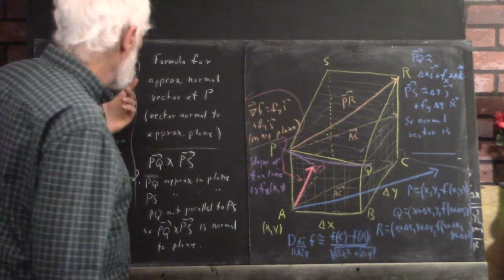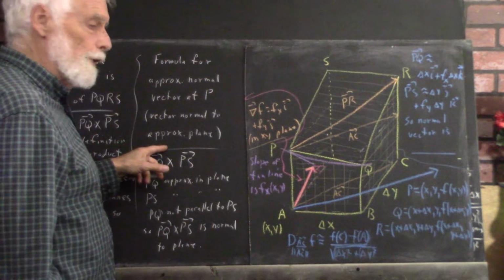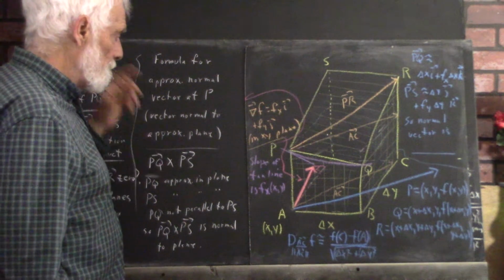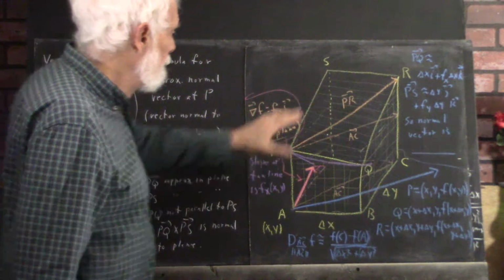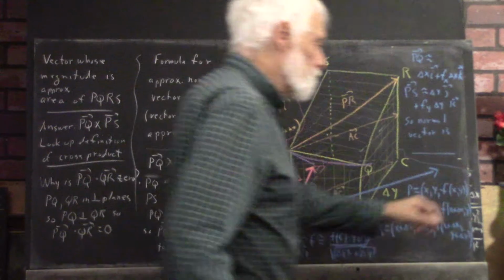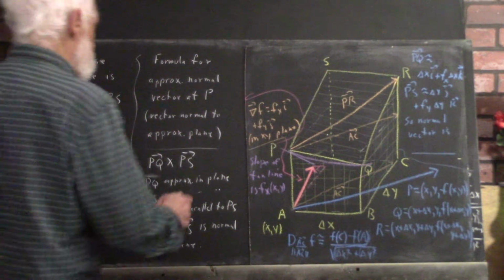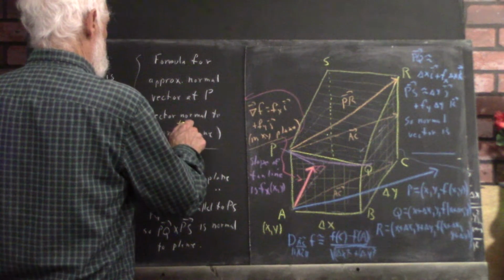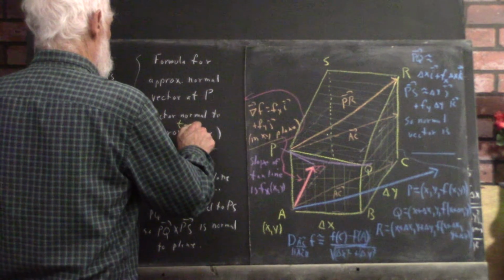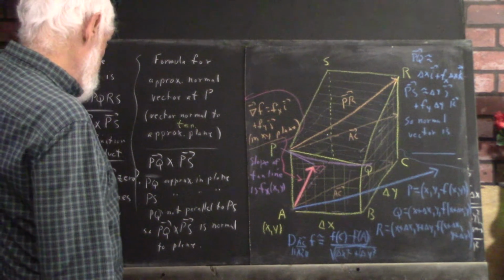Okay, now I asked for a formula for an approximate normal vector at P, meaning a vector normal to the approximate plane. And approximate plane meaning the approximate plane up here at the top, and that's of course the approximate tangent plane. So for some reason I didn't put the word tangent in there. I probably thought I had a good reason, but maybe I should have put tangent plane in there. Okay, well,